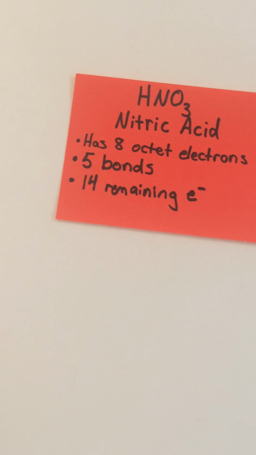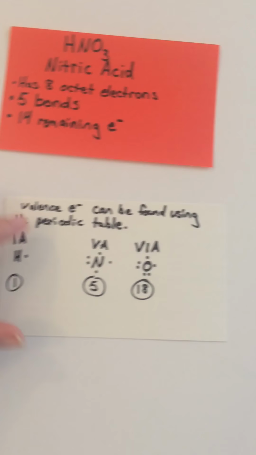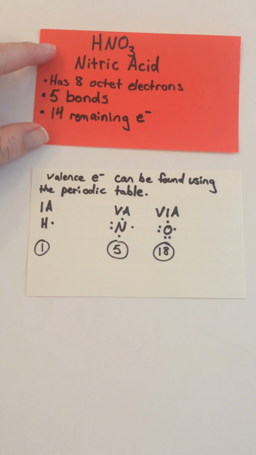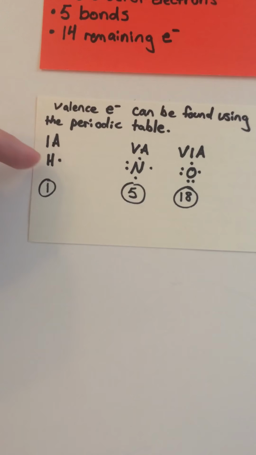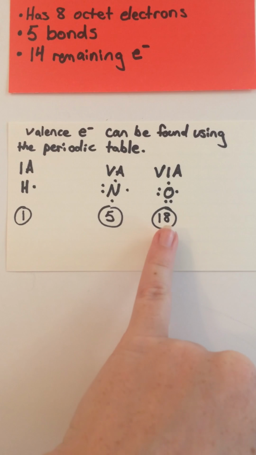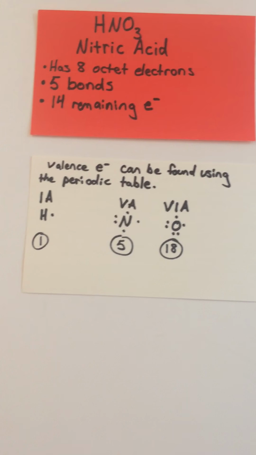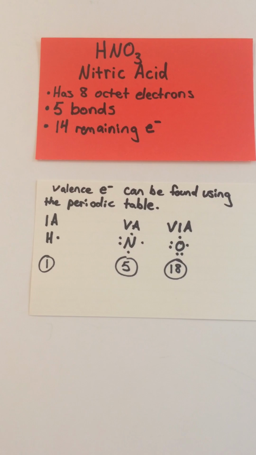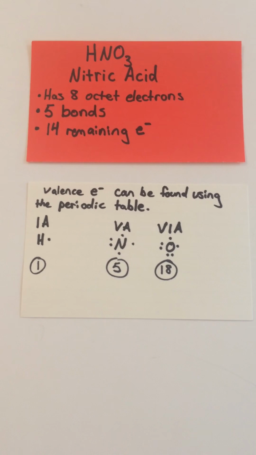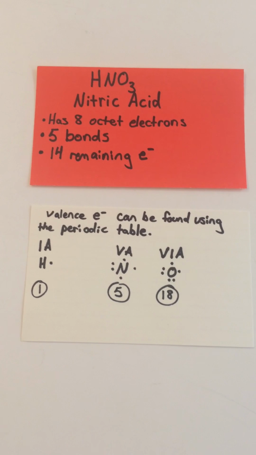You can find valence electrons by using the periodic table. I abbreviated the ones that I needed for nitric acid. So it's H, N, O, and you need 3 oxygens, so it comes to 18, 5, and 1. That is how you get the valence electrons, and once that's all added up, it comes to 24. After that, we will find the